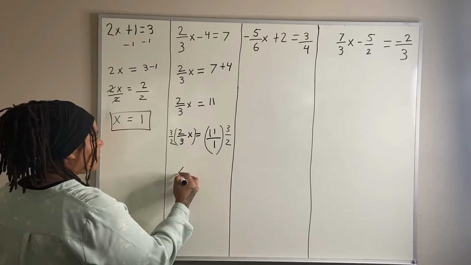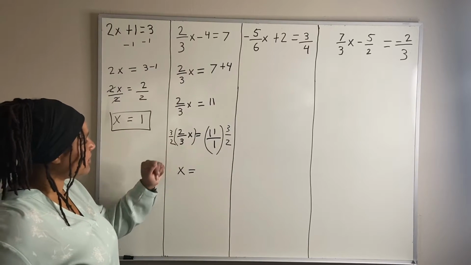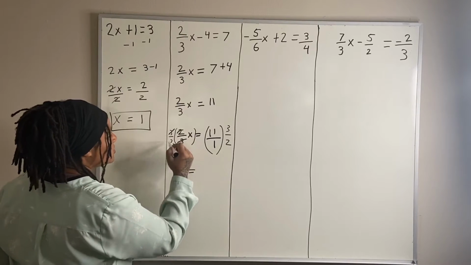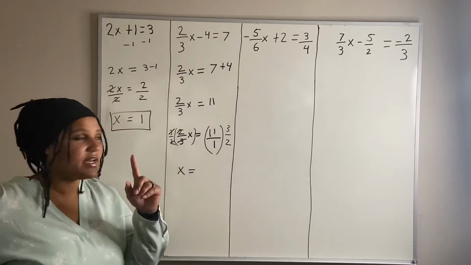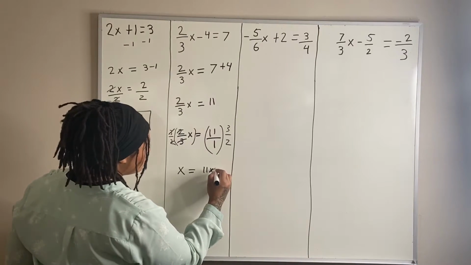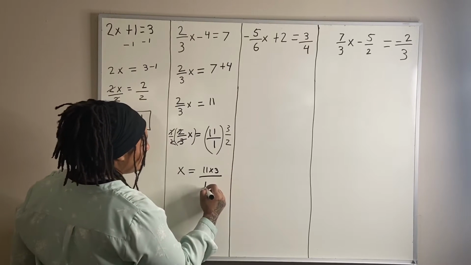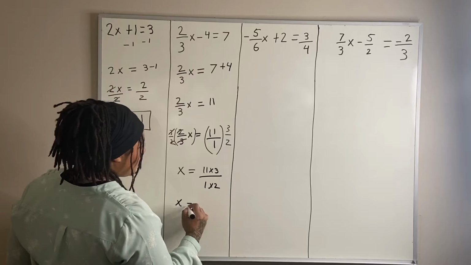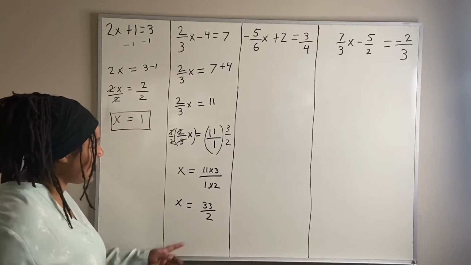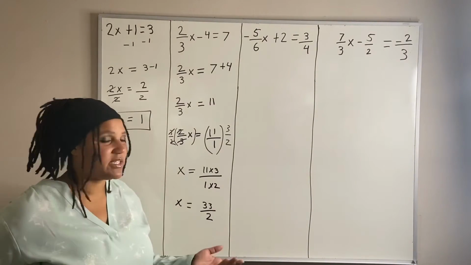So now we're left with x is equal to, by the way, since we are multiplying by the reciprocal here, the 3's cancel, the 2's cancel, and we're left with just 1x. So now I'm going to multiply the numerator, which is 11 times 3. And I'm going to multiply the denominator, which is 1 times 2. And now we're left with 33/2. Now this is an improper fraction, so you are welcome to convert it into a mixed number if your